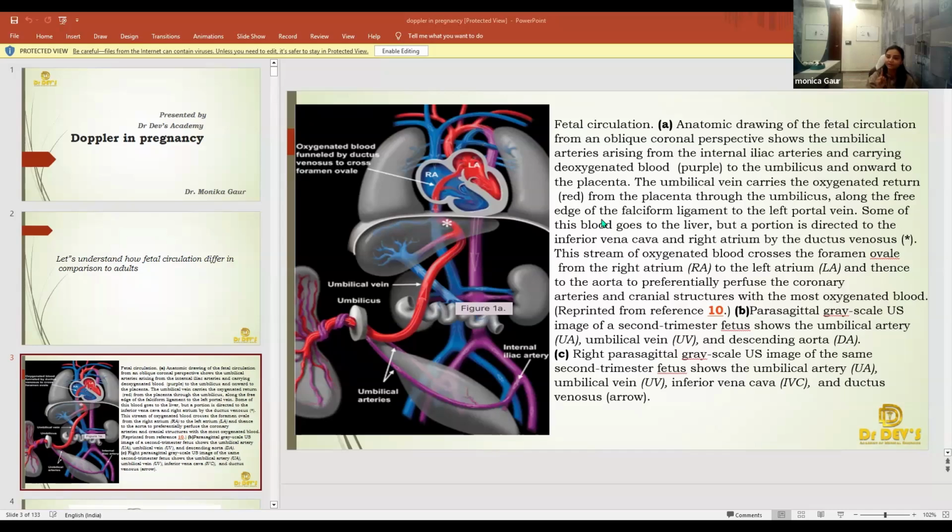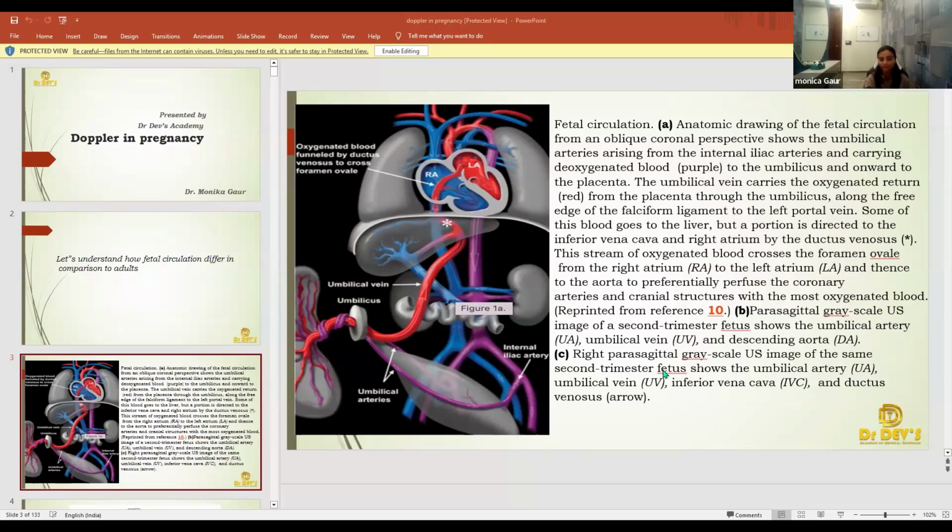Now, the pulmonary artery in the normal case should have gone to the lungs. So, oxygenation should have happened and the blood came back to the LA. But here, there is no such scenario. Through the pulmonary artery, it goes directly to the aorta. It goes directly to the aorta, and this shunt, which drains blood from the pulmonary artery to the aorta, is called the ductus arteriosus. Basically, right to left shunt, two openings, ductus arteriosus and foramen ovale.